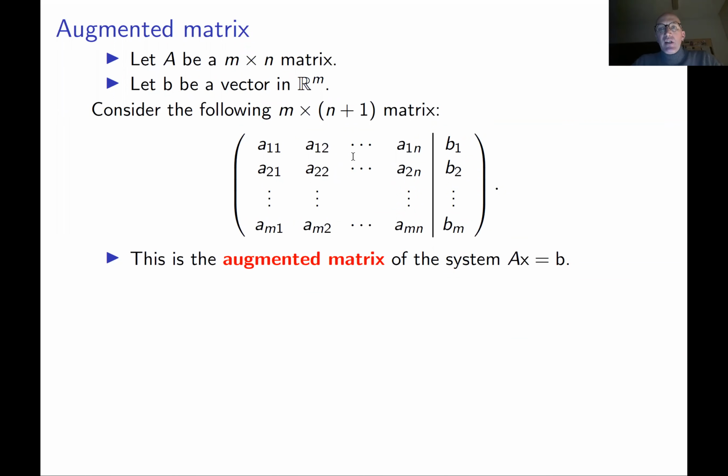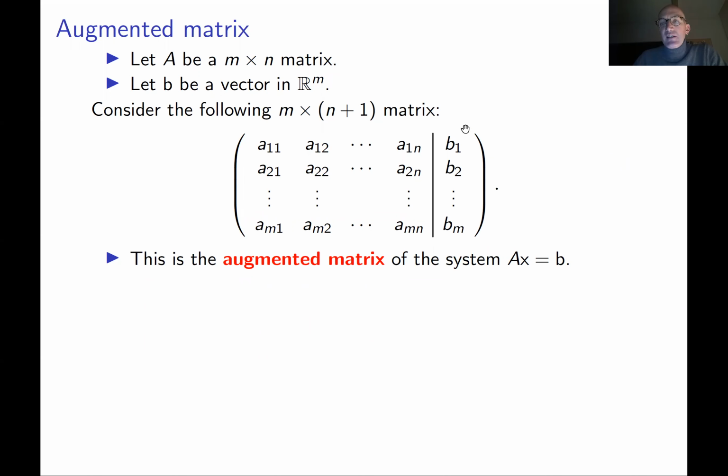Now, since we want to translate everything into matrix form, originally we used a matrix equation like AX equals B, where B was a vector, X is a vector consisting of unknowns, and A was our matrix. But it's more handy if you don't have variables at all. If you remove all of your unknowns and keep everything as one matrix, you encode your original system of equations as one matrix. What should this matrix be? Of course, it should be your matrix A, which we used on the previous slide.